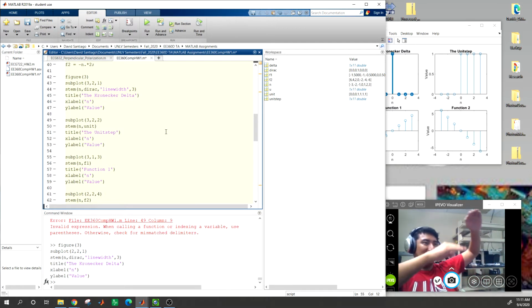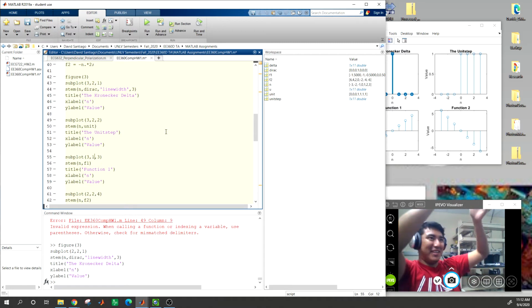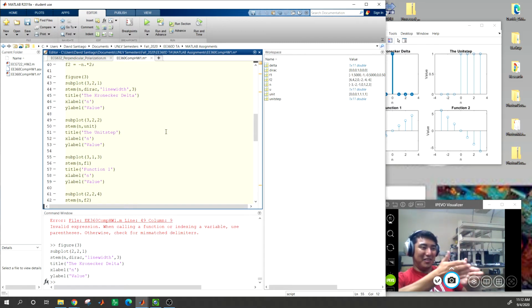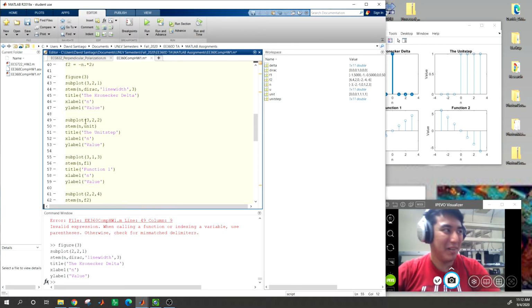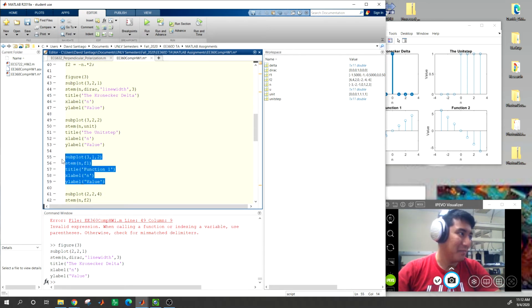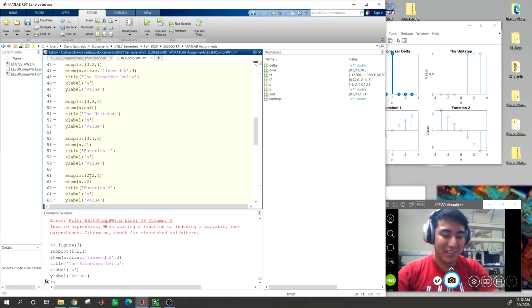So this one basically says we divide the figure into 1, 2, 3 sections. So all the figures get divided by 3. And then the 1 just basically says we have 1 big column instead of like 2 or 3 or whatever small. But because we're doing a 3 by 1, the position would not be 1, 2, 3. It would be 1, 2, 3. It's a crazy mind play, but you'll see. So position 2, because we want to see this one be a big fat rectangle. And this one right here,